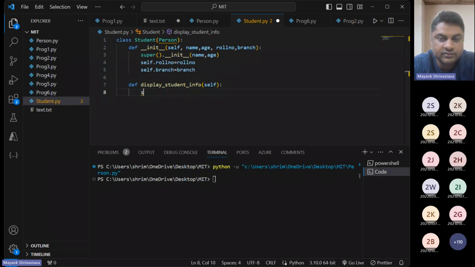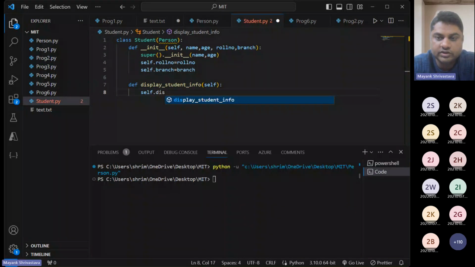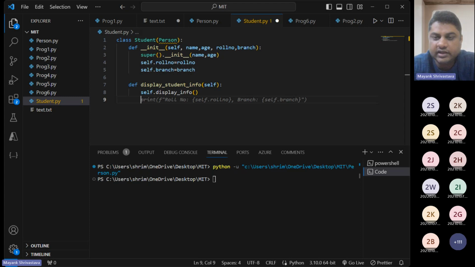So self.display, that was info, right? Display info. And let's say for student class, I'll go with roll number equals this, branch equals that, like this, right? Save it,